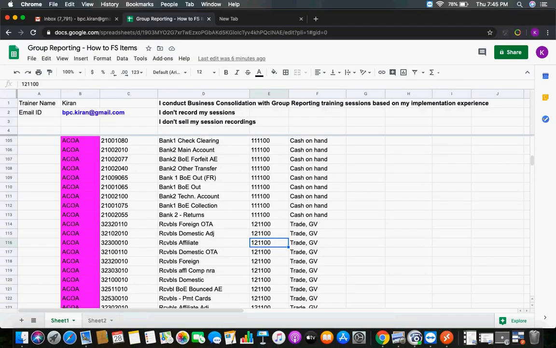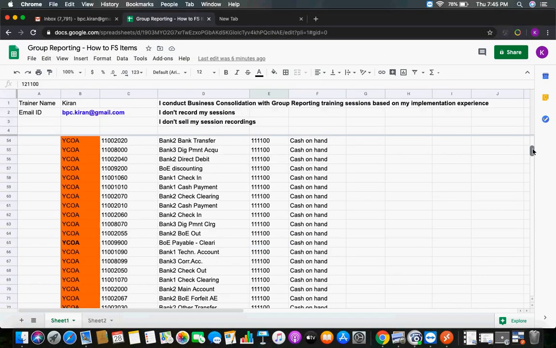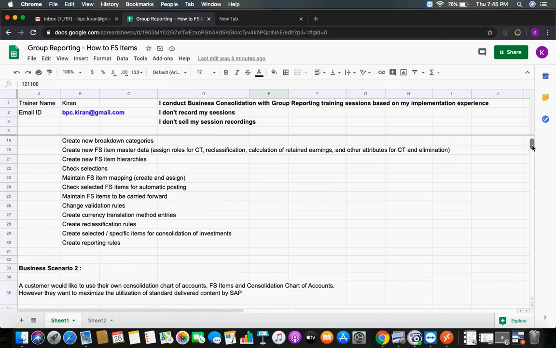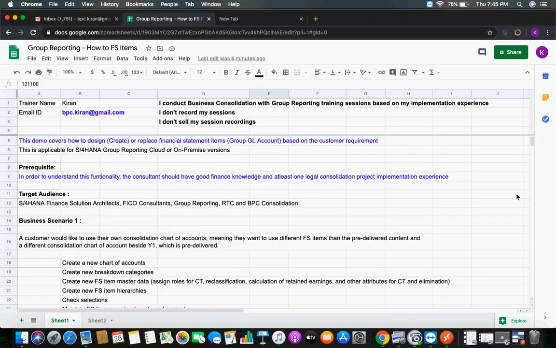So with this, what we understood is that financial statement items creation in group reporting is a very important task. First, you have to design the financial statement items. When you are designing the financial statement items, there are two scenarios. Scenario one, you don't want to use any standard content. You want to use your own financial statement items.